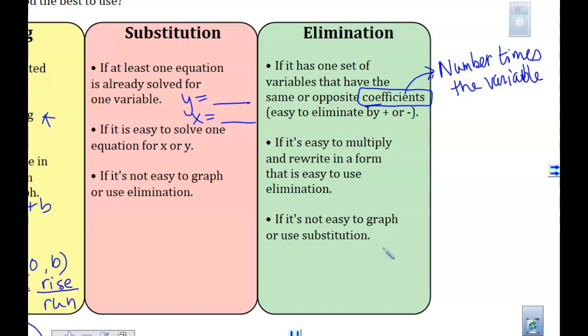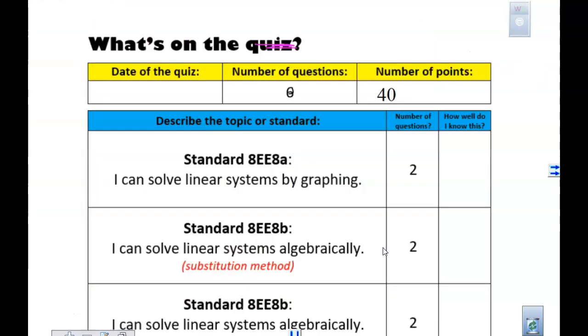So what's on the test? You see the next page, it says what's on the quiz. I want you to change that word quiz and write test. It is going to be Thursday, so we're on page 20 is where we're at, because we're writing this down. So ours is going to be a test. It is going to be Thursday,